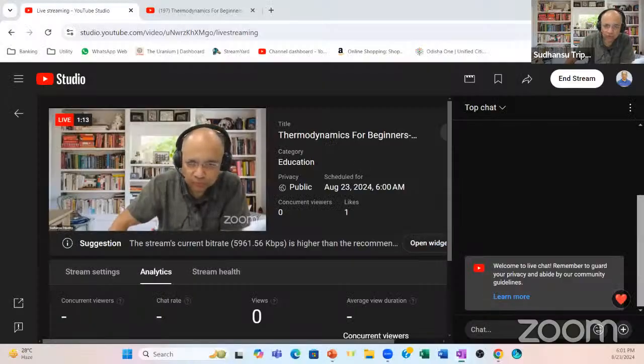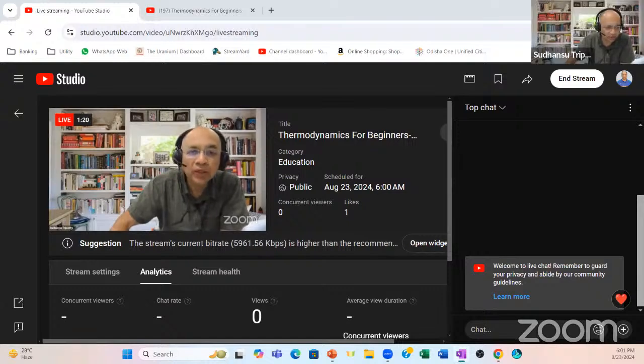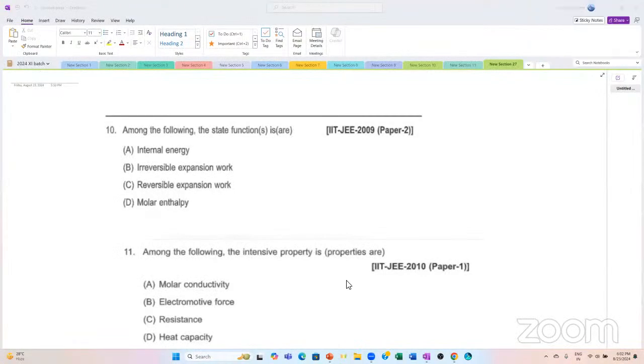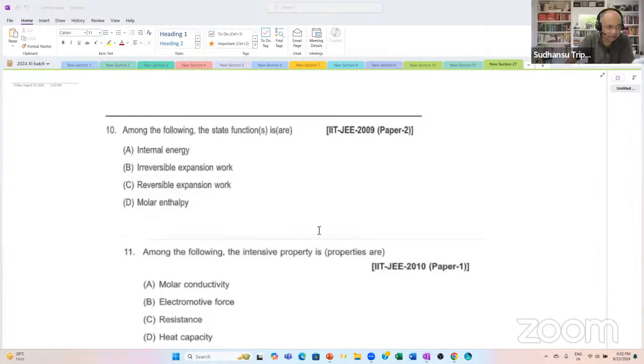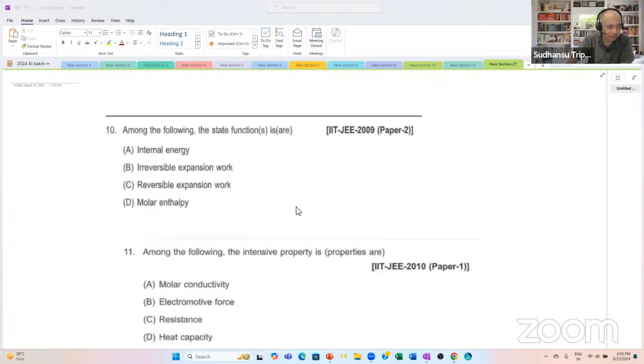This is 2, and I am. Can you see my screen? No? Yes, sir. Question number 10 and 11, can you see? No, sir. So that is why I have shared a different screen. Can you see now? Yes, sir. 10 and 11? Yes, sir. Okay. Ohm is missing. Anyway,